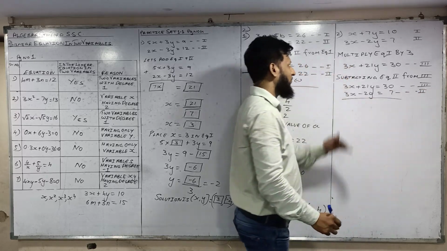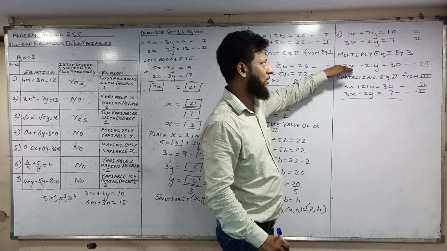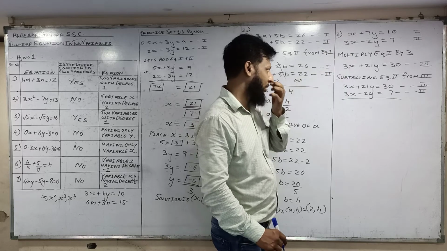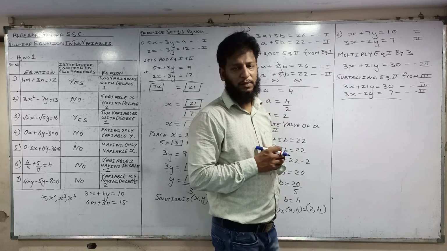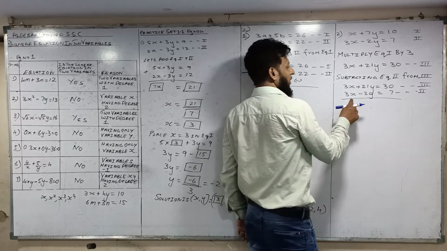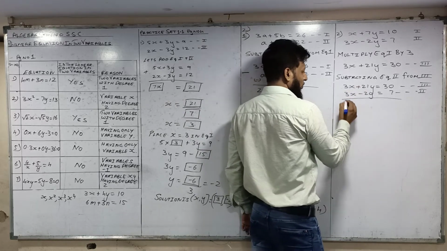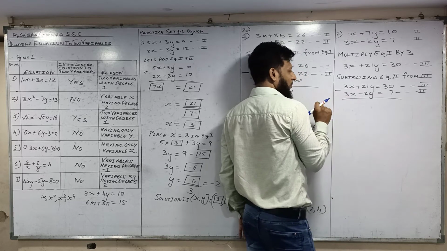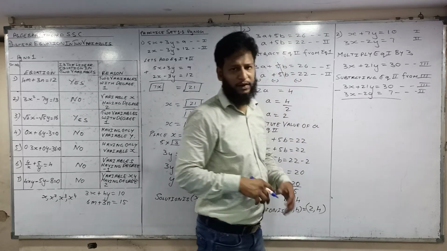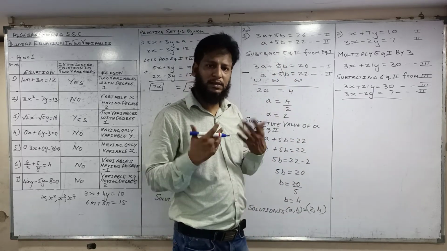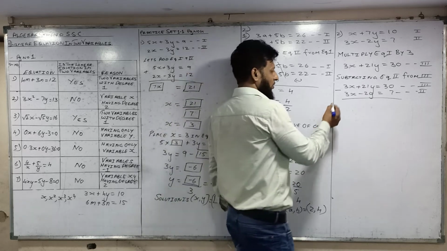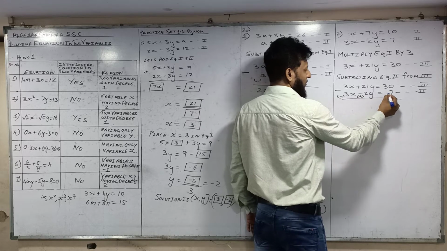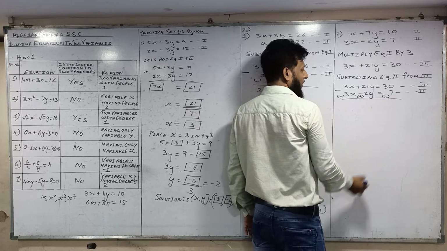So from the first you get equation 3. Now you have to take 3 and 2, because 1 and 3 are the same equation, we have just changed it by multiplying by 3. So now these two equations, 3 and 2, you have to subtract. Put the sign in the middle and change the sign. In subtraction, you just change the sign: if it is plus, make it minus; if it is minus, make it plus. So this is plus 3, minus 3, this is minus so it will become plus, and this is plus, no sign means plus sign, so it will become minus.